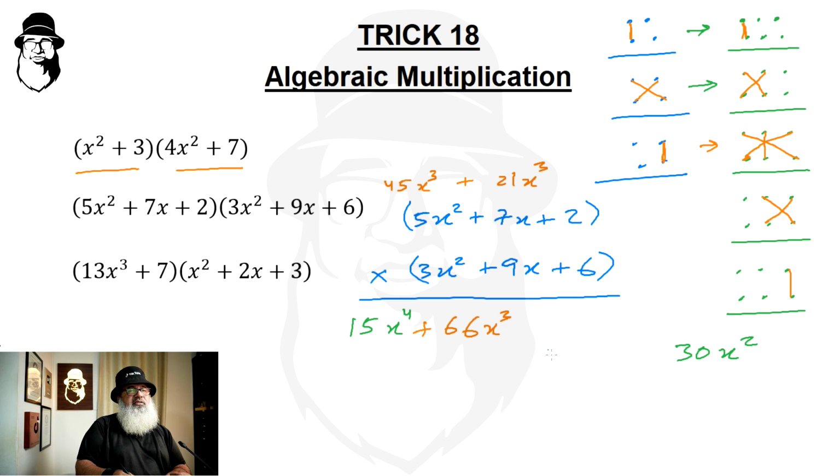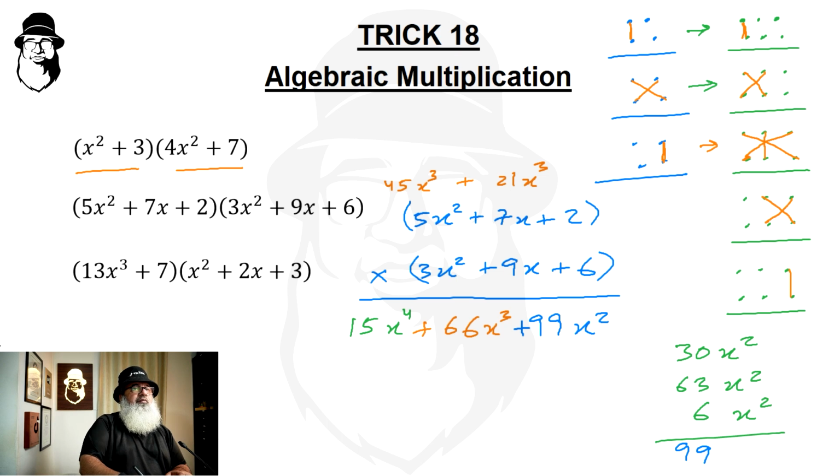7 times 9 is 63. Both have x, so x squared. And then we do this by this. 2 times 3 is 6, and x squared also. So here we have, let me change the color, 9 and this is 9 also, 9 plus 9, 99 x squared. And the fourth step is we